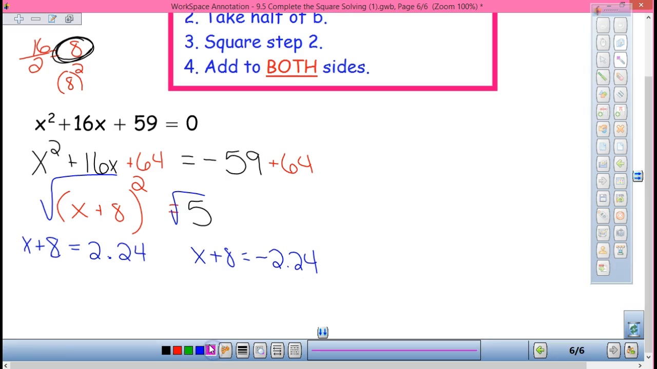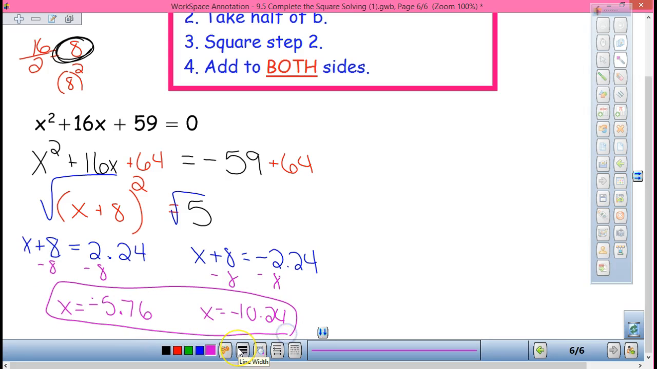Okay? And last step is to solve these guys. So minus 8, x equals what? Negative 5.76. Minus 8, x equals negative 10.24. Okay, so not super easy, but like I said, I think they're the most fun when it comes to solving. But I know you all think it will be